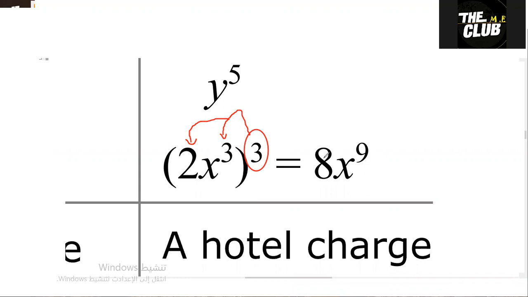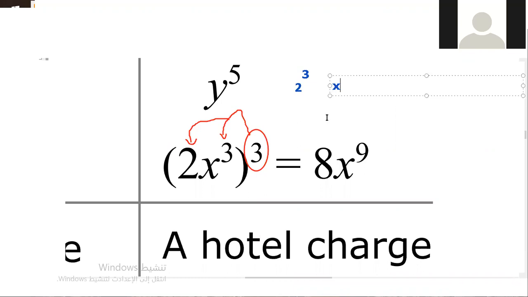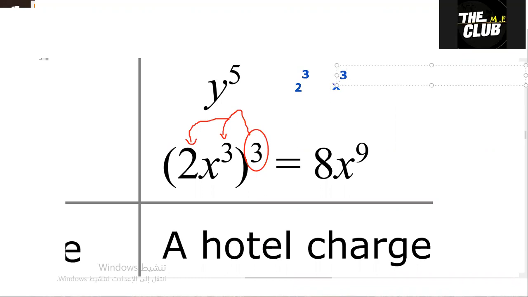I know it's confusing. Isn't it like saying 2 to the power of 3? I have to get 2 to the power of 3. Isn't it like saying 2 times 2 times 2, three times? Yes, that's the idea. So 2 three times is 8, and x to the power of 3, three times, is x to the power of 9. This one gives you this one, and this one gives you this. Anyways, this is the